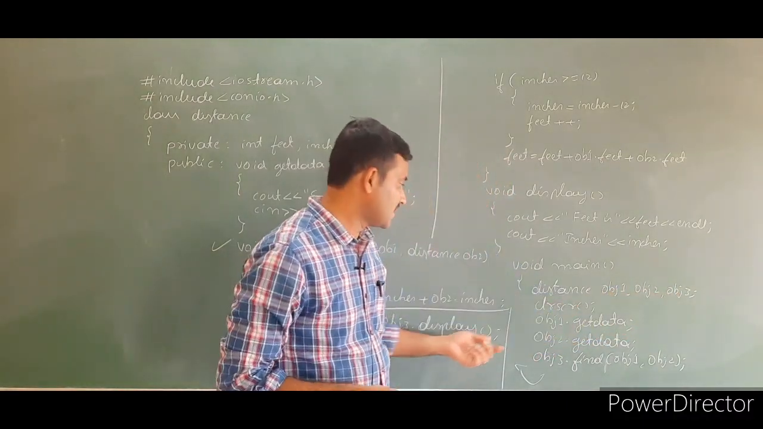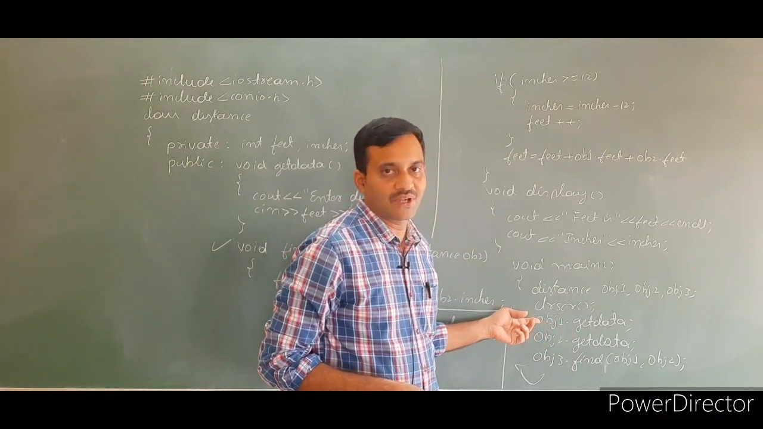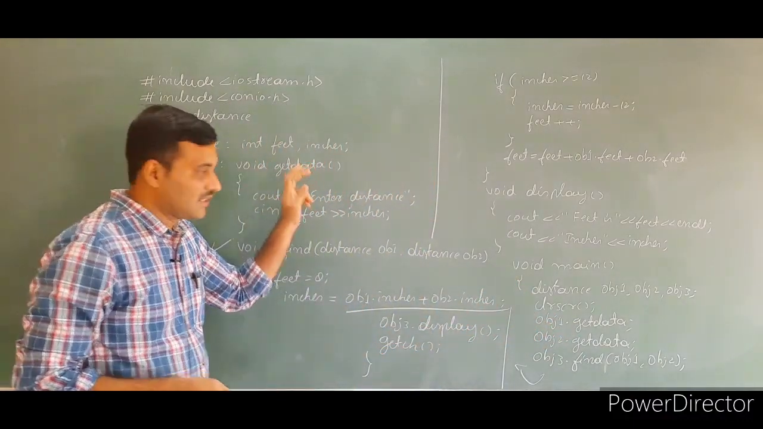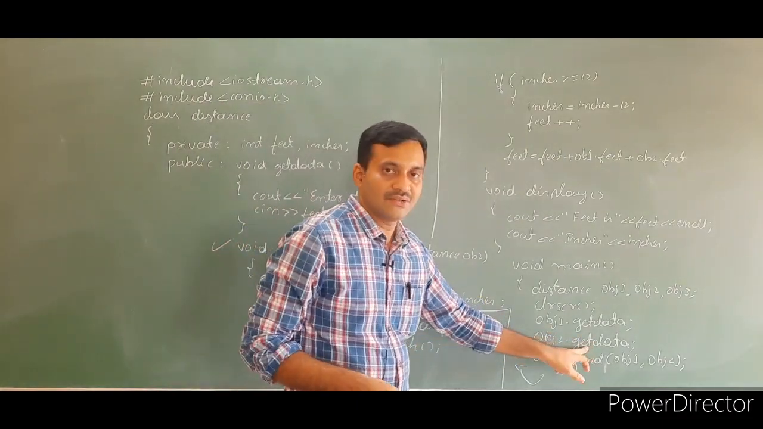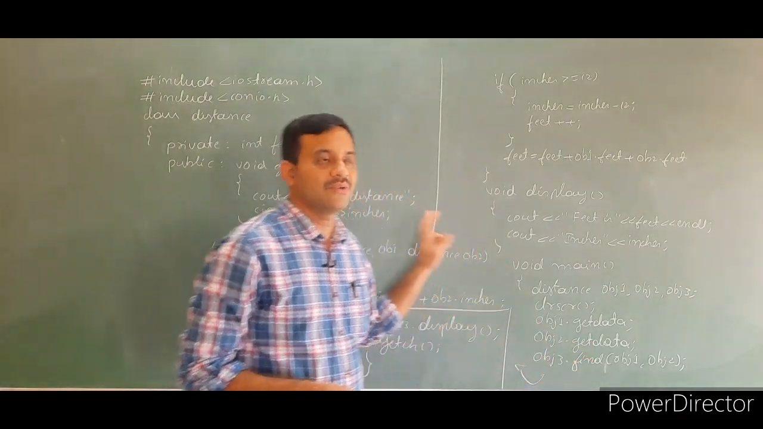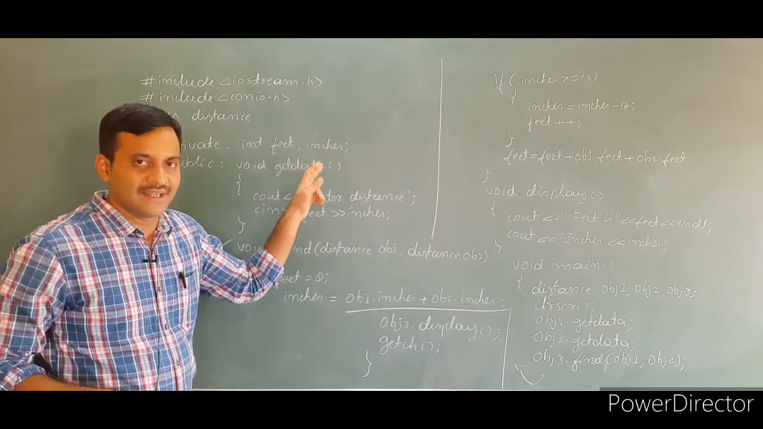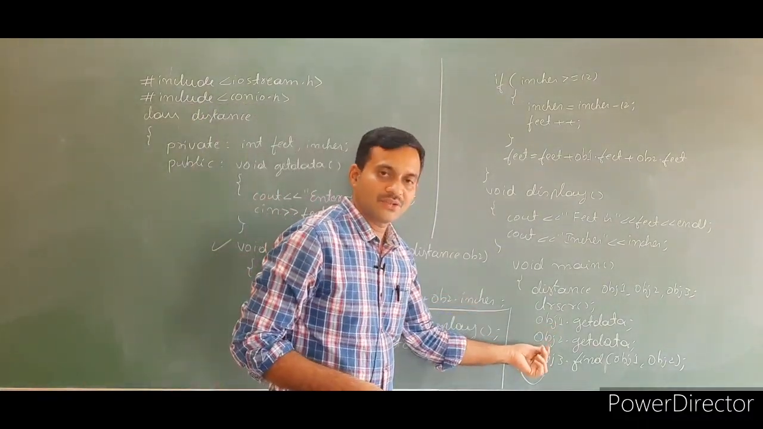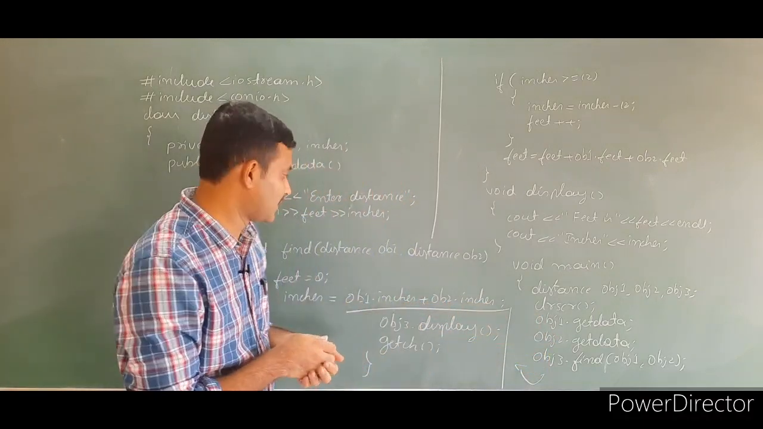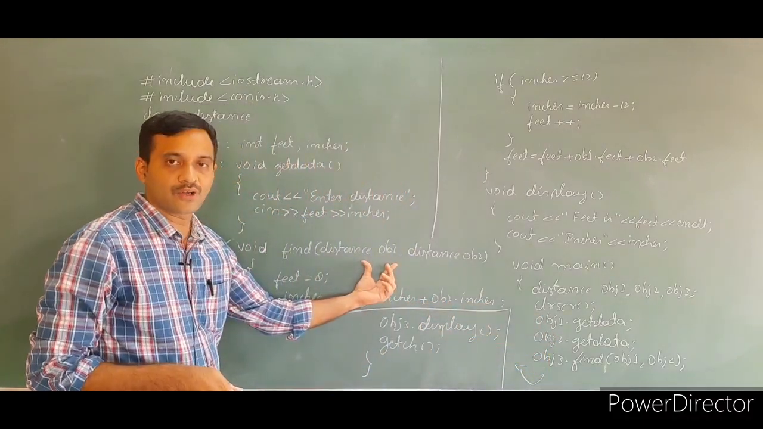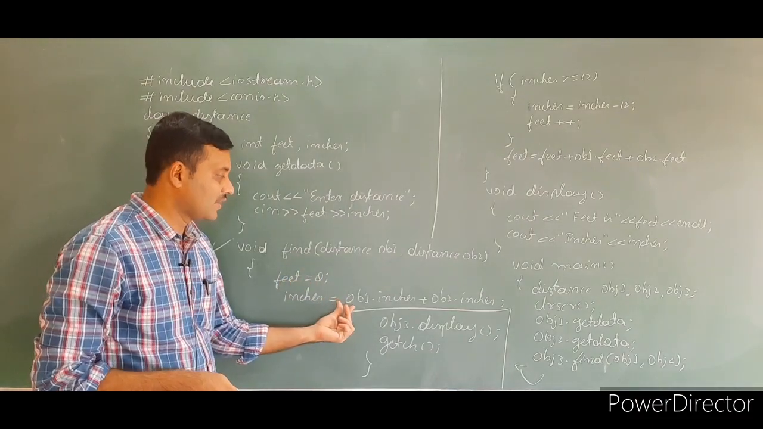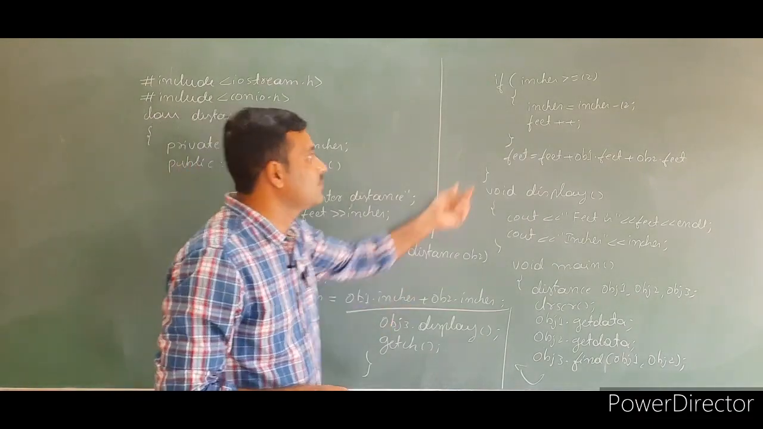First we call the function get data using object 1. It reads the value for feet and inches. Then again we call the same function using object 2. So again we read the value for feet and inches. After that we have to pass object 1 and object 2 as function arguments. See the function arguments. Then in that we initialize the feet, at the same time we add inches, then we